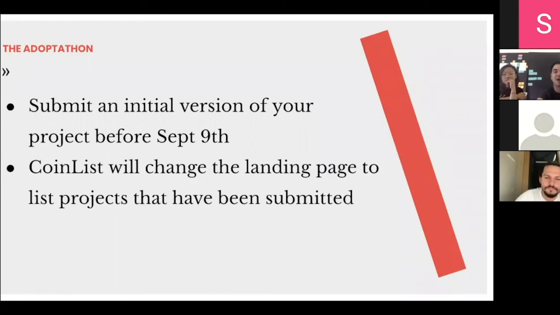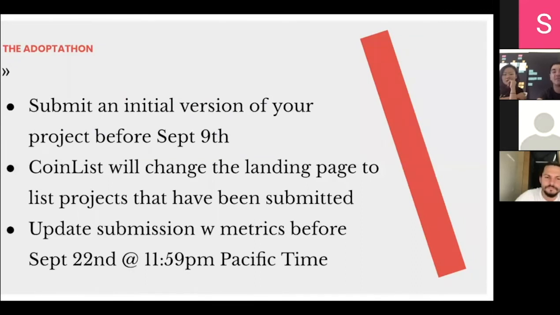So if you haven't submitted at least an initial version that is usable, that people can interact with in some form or fashion by September 9th, it's going to be a little bit harder. You can still submit after then, but it would be very advantageous to get something in by that date, or before September 9th rather. And then at the end, what you'll be able to do is update your submission with metrics that you collect, and that will show us what you've learned during that final 2-week